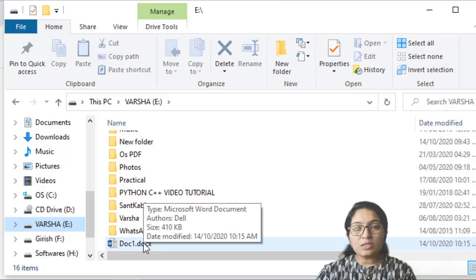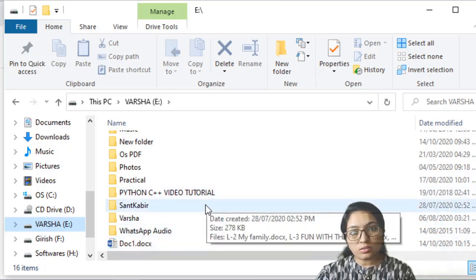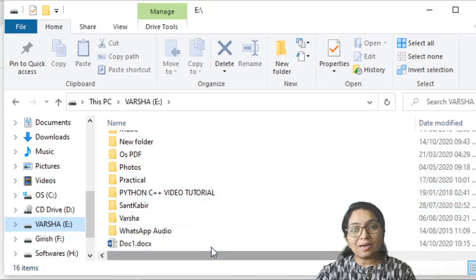So that means doc1 is uploaded on the server and at the target destination path, that is E drive.